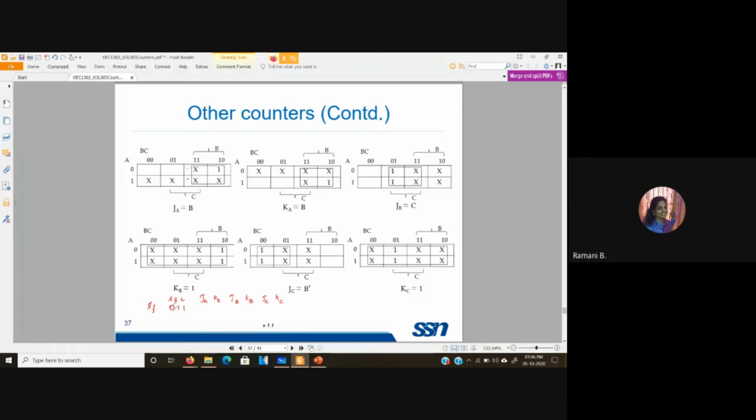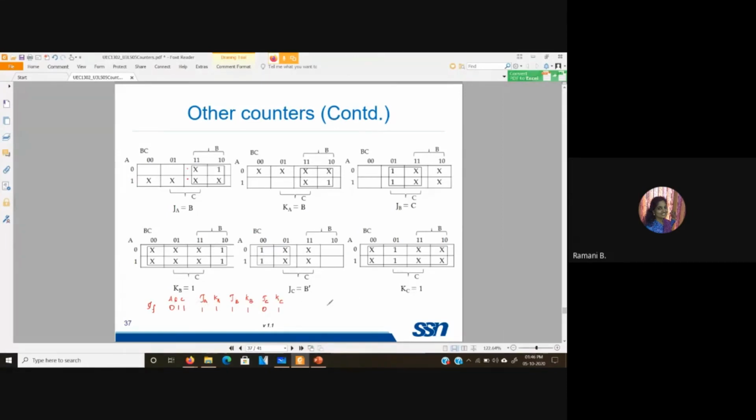So I have stumbled upon this case. So let us see the values. So JA KA is B. So JA KA value becomes 1 1. JB is C. So again this is the 1 and KB is 1 as such, and JC is B bar. So B is 1. So B bar will be 0 and KC is 1.